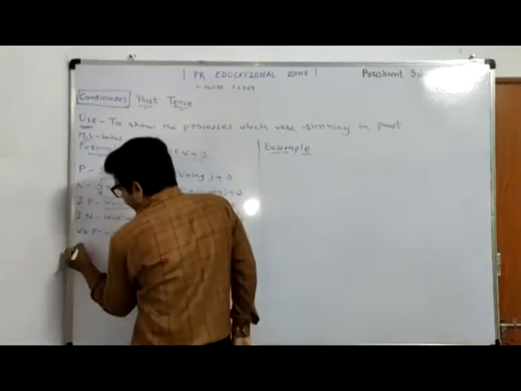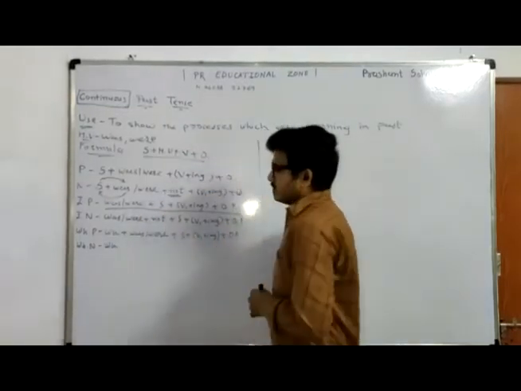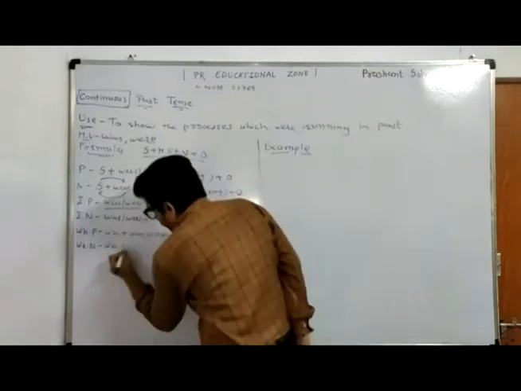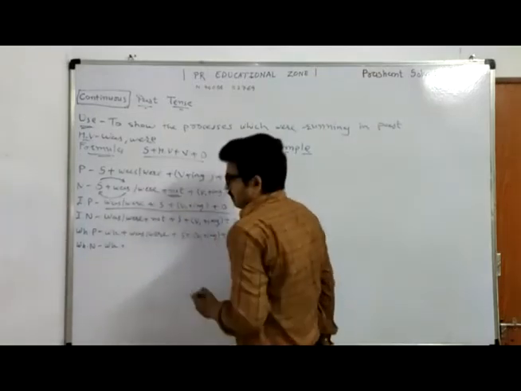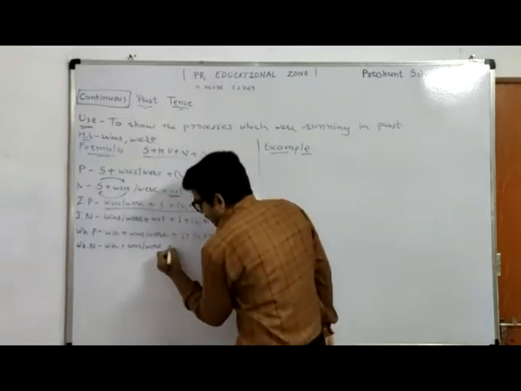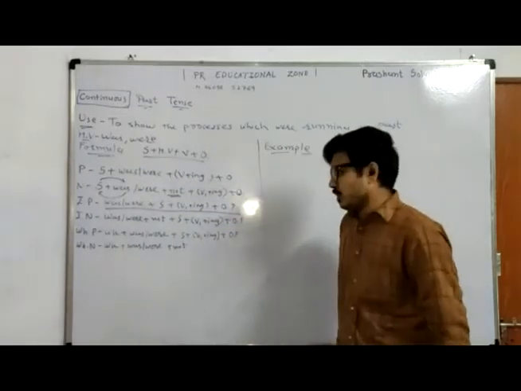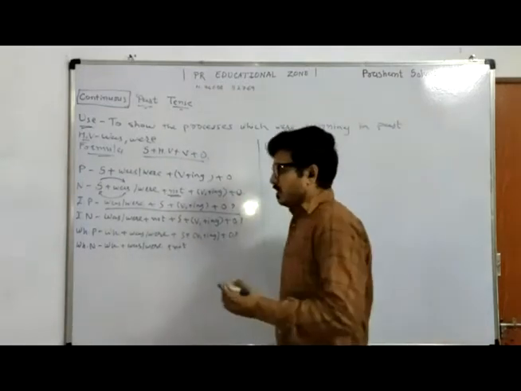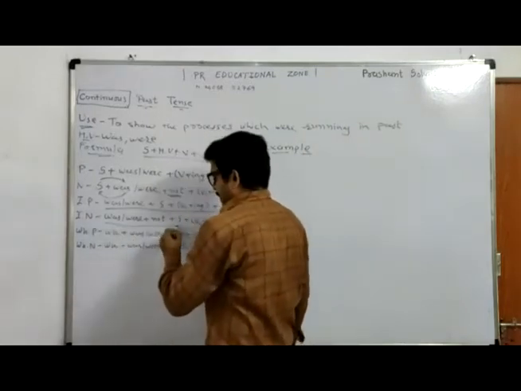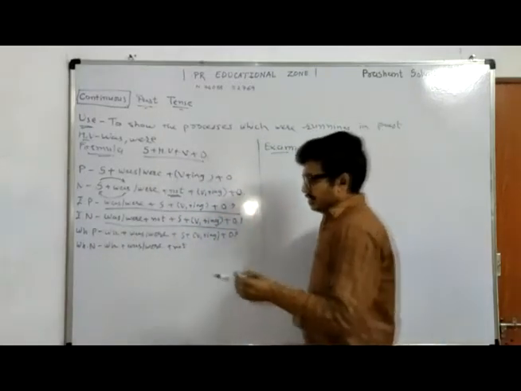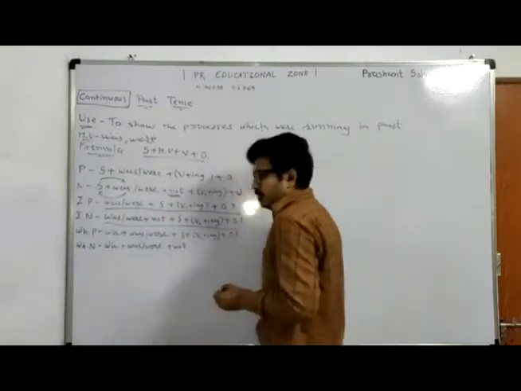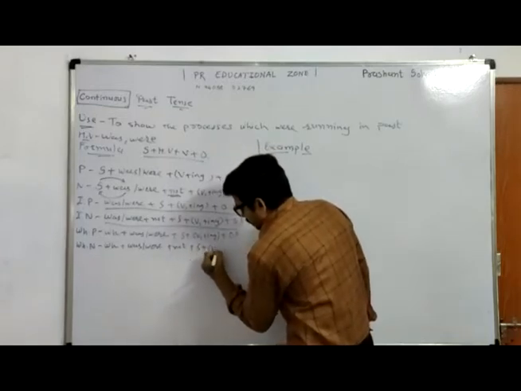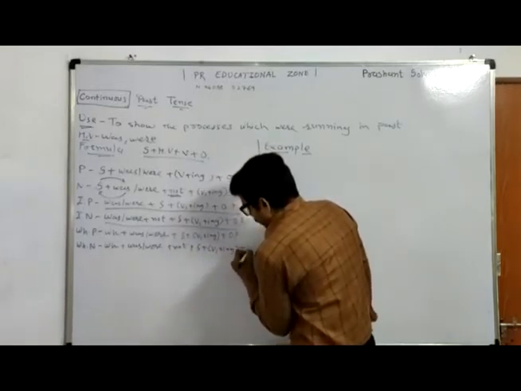Now we are going for the negative ones, which, as said earlier, not will come after the helping verb. So here we are using WH, then was or were, then not will come after the helping verb. And here also we can see that the sentence is the same as the interrogative negative, and only we have used the WH question. Then not plus subject plus verb plus ing, then object.